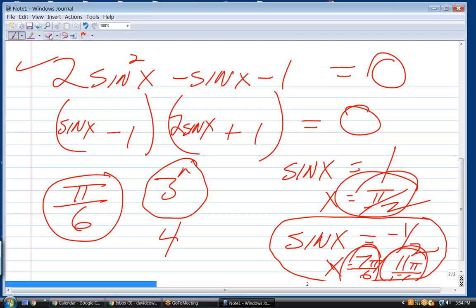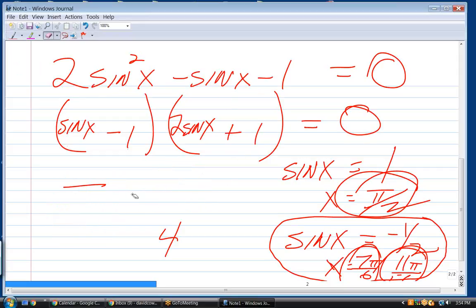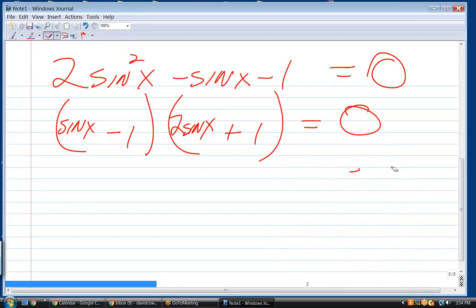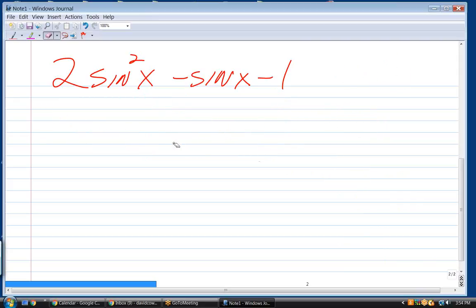So the biggest thing to recognize here is that this is nothing but a quadratic. And you're going to see a lot of these if you're solving trig equations, because there's a lot of trig equations they give you that are quadratics. But notice that it didn't have to be this neat. What if I'd have said